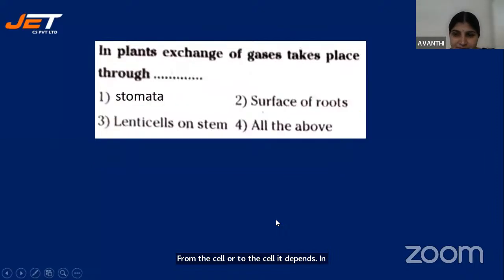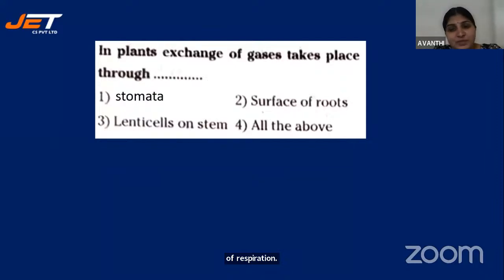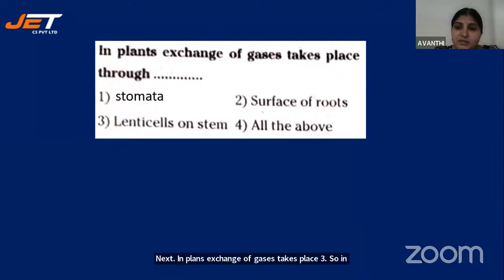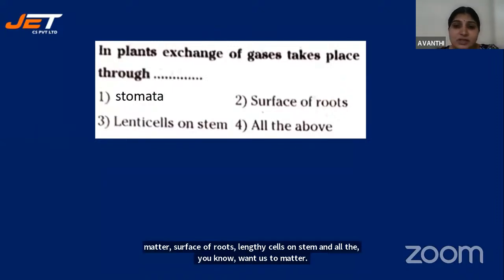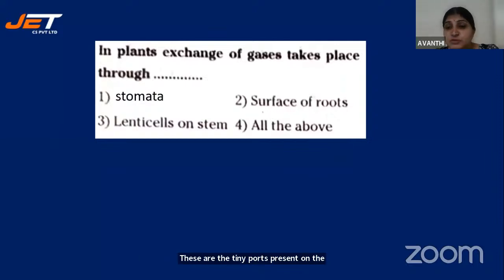Very good. Next. In plants, exchange of gases takes place through? So in plants, exchange of gases will be taking place through what? Stomata, surface of roots, lenticels on stem, and all the above. You know what are stomata? These are the tiny pores present on the leaf, and even the surface of roots will be able to